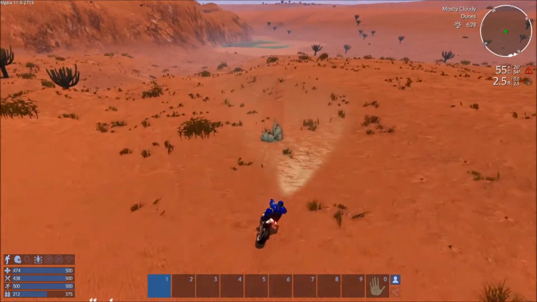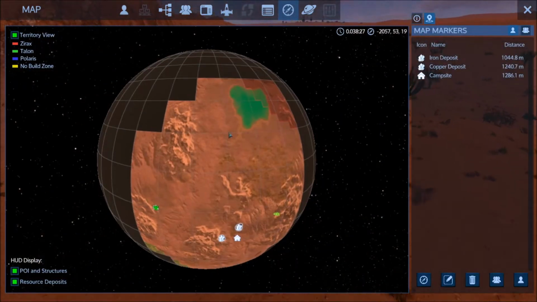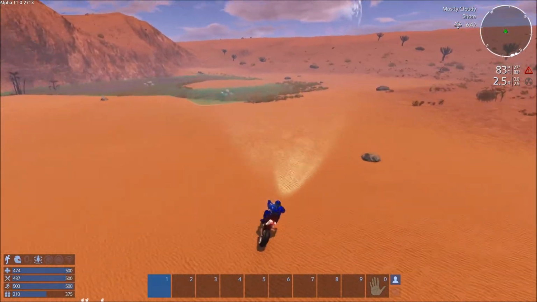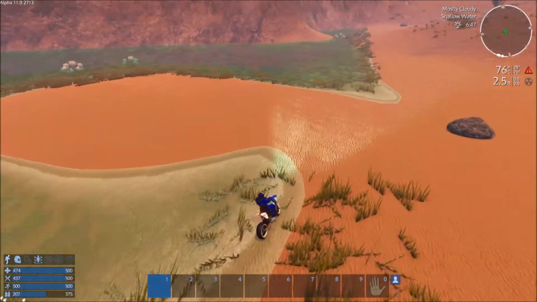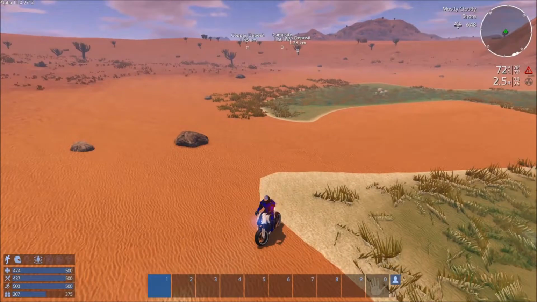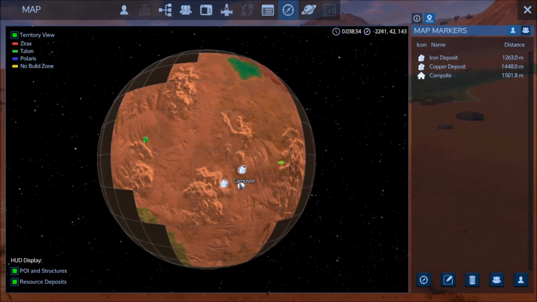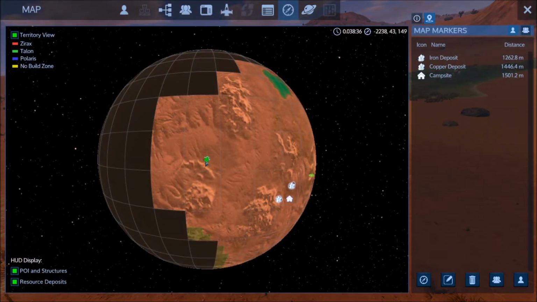Okay, I think I have found a decent spot to set up. It's far enough away from the Xerax, and it's got a little bit of water, just a little bit, but that is more than enough to set up some oxygen generators. So I think I'm going to set up at least my primary camp over here. I'm not too far away from where I was. I was there. I'm over here. So let's just set up